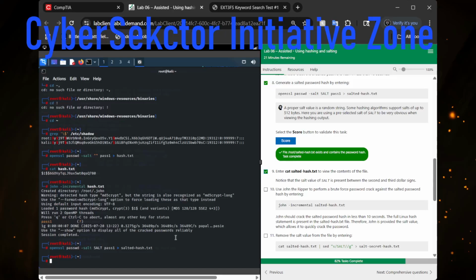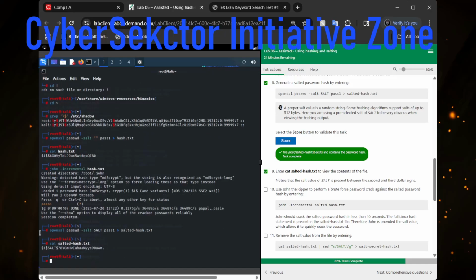So now that we're done with that, we have to put in the cat command once again. You have to put in cat salted-hash.txt to view the contents of the file. And there we go. We basically have the salt contents inside of it. It's now present within the $ symbol, because before then it wasn't there. So therefore, the password was unsalted because the password did not have any protection layer to protect the contents of the password file, making it vulnerable for any brute force attack commenced by the